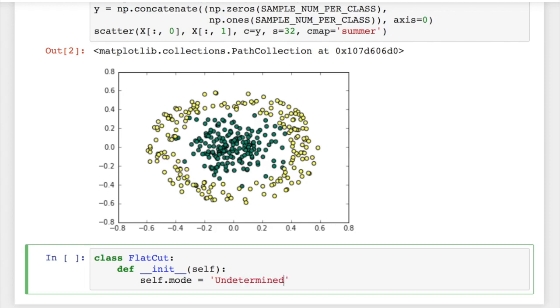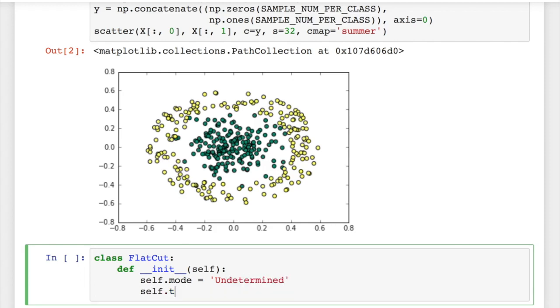And self.threshold. Threshold is where we do the cut. Okay, that to be known. And in following the convention we have now become familiarized with from scikit-learn,